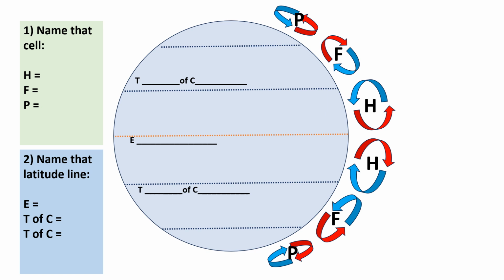So you should be able to now draw a circle and split your Earth up into two halves, and then place the different lines of latitude and be able to name them as well. Okay, and you can add the names to your cells. And remember, if you can remember this, then this is really good